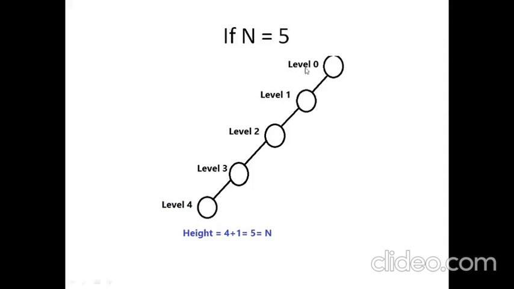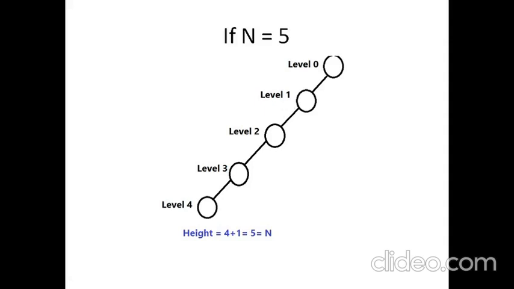The proof that the maximum height is 5 is, if you construct a tree like this, where every node is on one side, that is, the entire tree is skewed to the left side, then only will it reach the maximum height. And then how do you calculate the height? The formula for calculating the height is just the number of levels plus 1.